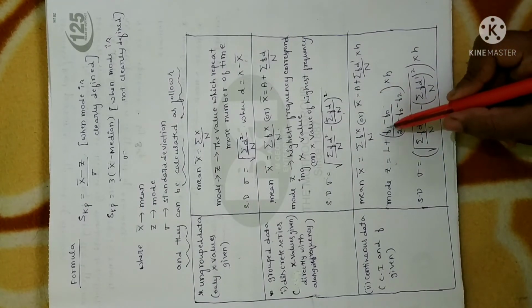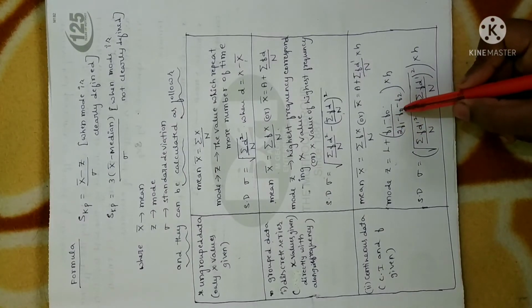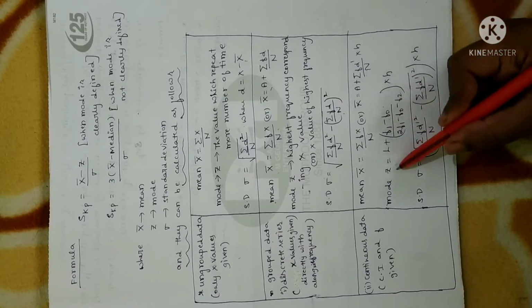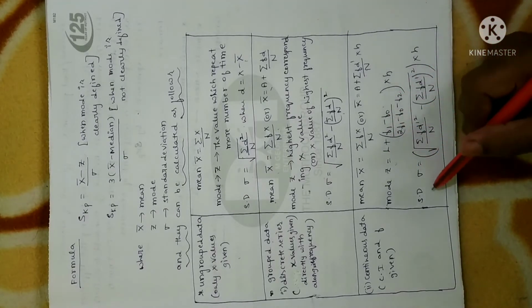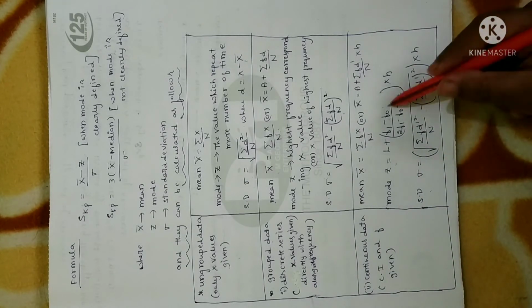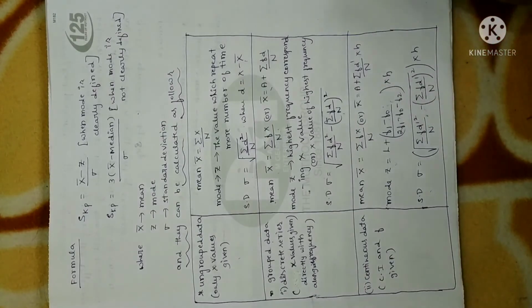I have done this and clearly explained the terms, that is how we are going to choose f1, f0 and f2. Please go through that video, then only will you understand the concept of mode. So you have to use the same formula, and for standard deviation for continuous series we are using this formula. Anyhow, the calculation of mean, mode and standard deviation we have done in earlier classes.